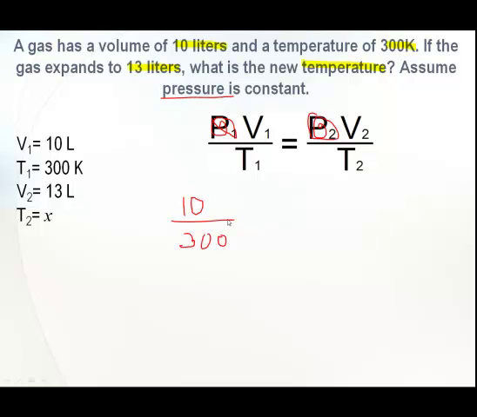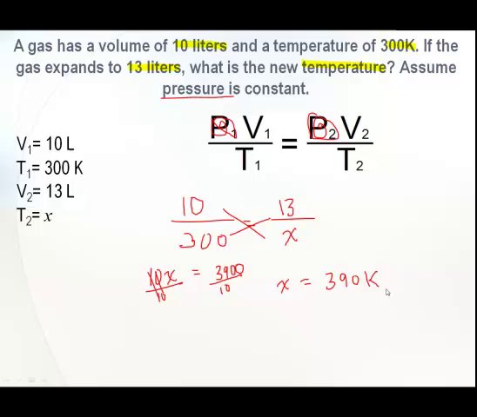And then I have my volume 2, which is 13 liters, divided by temperature 2, which in this case is going to be X. So to solve this, I'm going to cross multiply. I've got 10 times X. It's going to be equal to whatever 300 times 13 is, which is going to be 3,900. And I've got to divide both sides by 10 to cancel out the 10 here. So what I'm left with is X is equal to 390